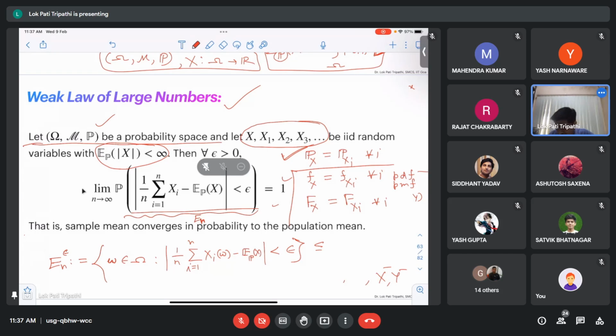So this is an event, isn't it? So the weak law of large numbers says that the probability